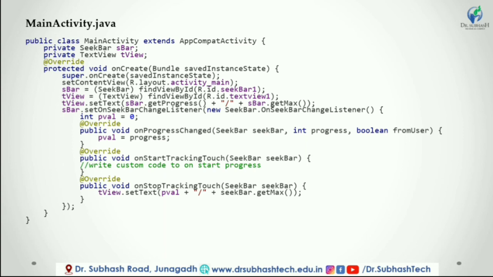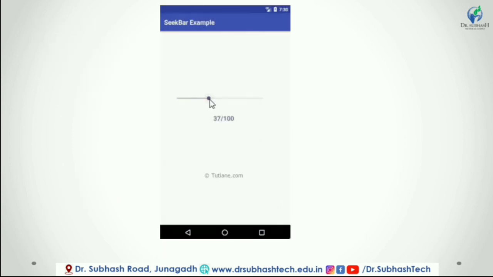Now we will see the output of this simple seek bar application. If you observe the above result, we are able to start showing the progress of the task in the seek bar when we click it in the Android application. This is how we can use the seek bar control in an Android application to show the progress of a task or work based on our requirement.